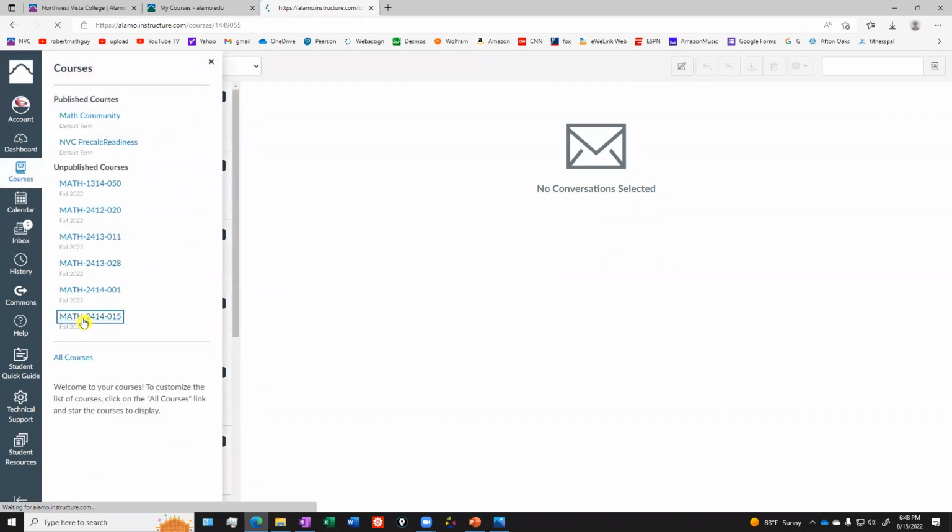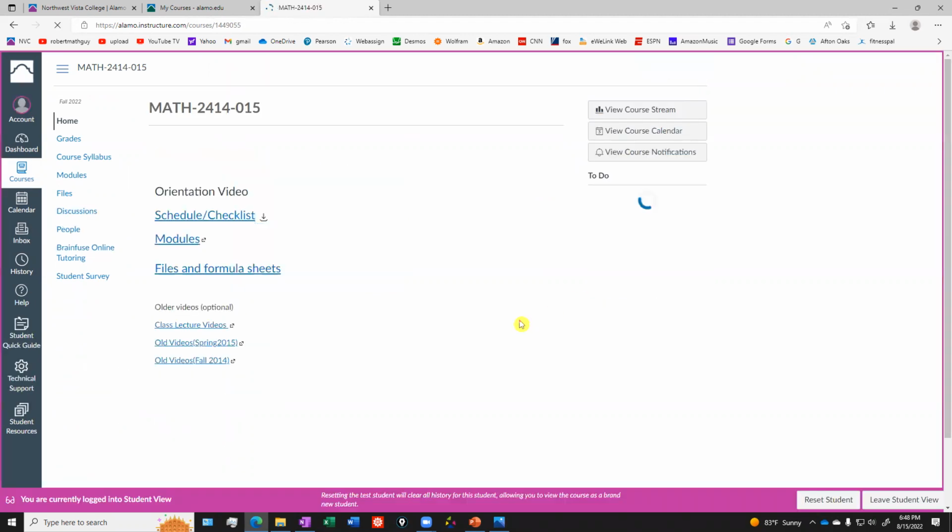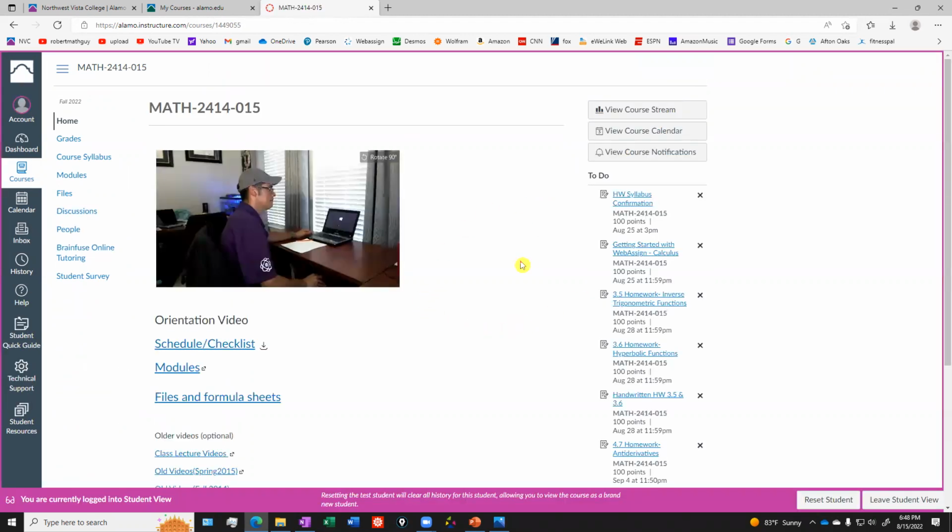Okay, let me go back to our course and switch it to student view, so it looks like what it will look like for you. I'm going to go through all of this, but before I even begin, I just want to show you a very generic layout of the way the course works. I'm going to provide you a calendar, a schedule, here it is, and it's going to have a list of,